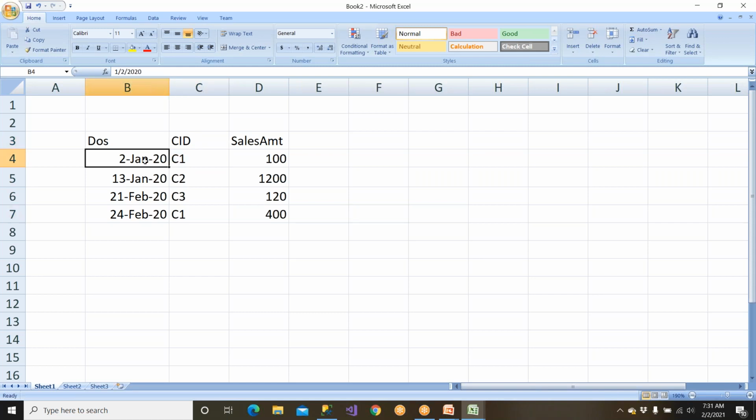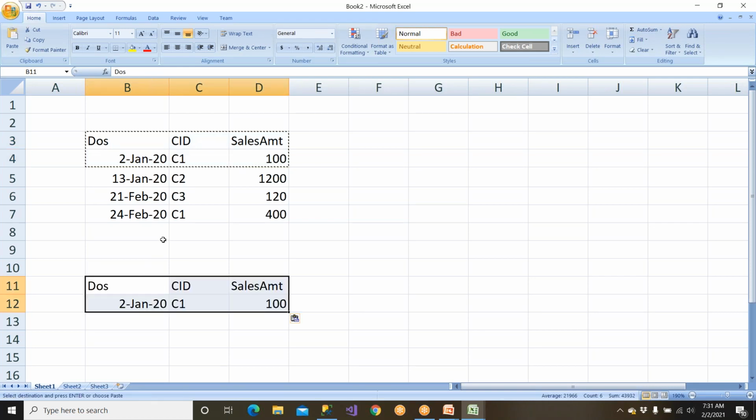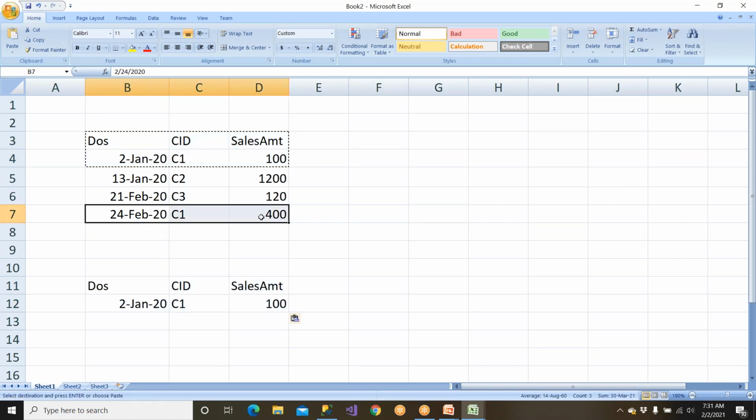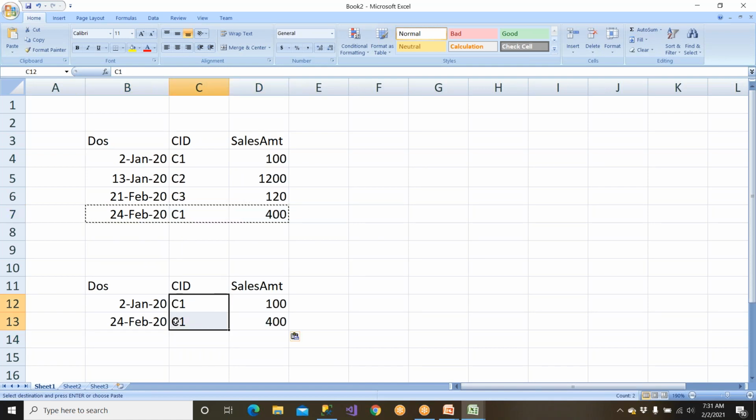So this record is going to come. Let me take this record, it is going to come here. Again, this record is going to come this side. Okay, this is what grouping by C1 is. So this is some data, and the next data,